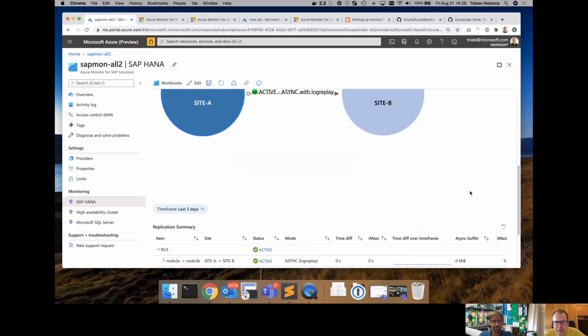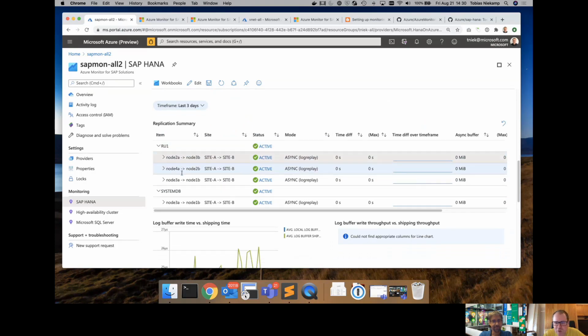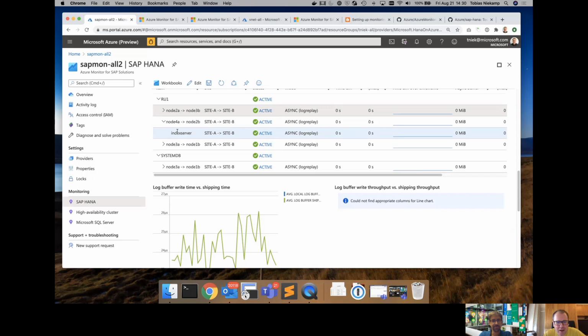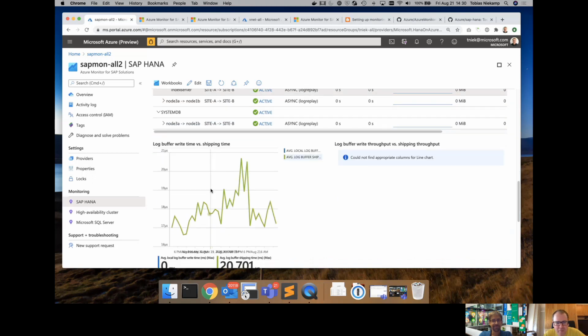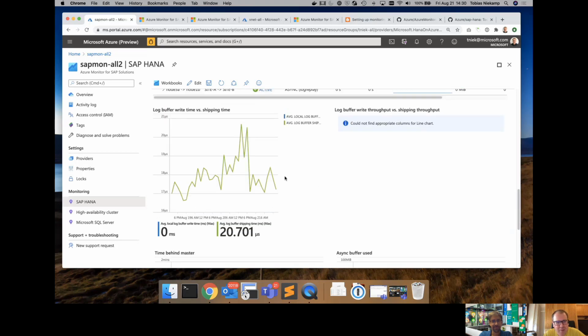It's async with log replay, and it even shows me the latency between the different sites and the sizes of the log buffer that I have. There's not too much going on in this landscape, like I said, but in larger landscapes this is quite valuable.